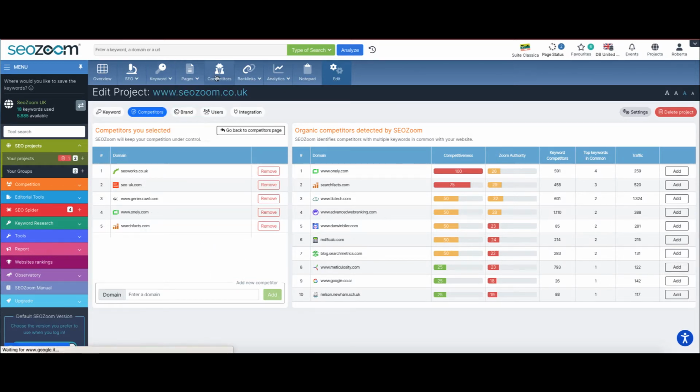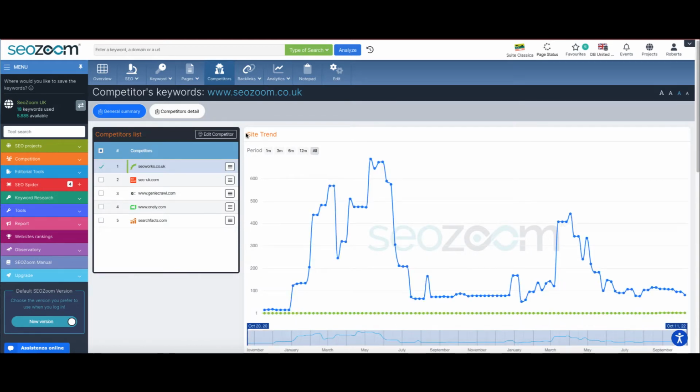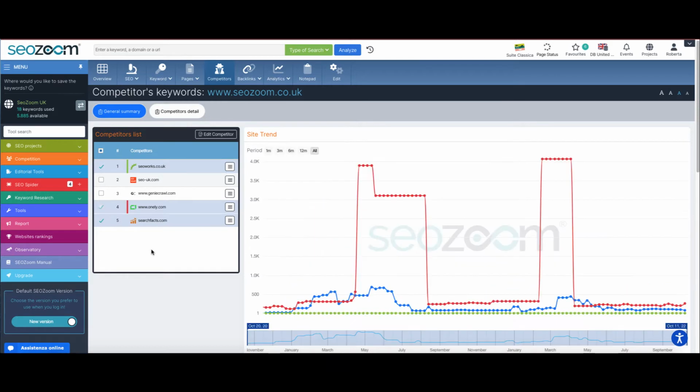The Competitors section helps us to get an overview of how our site is doing compared to the competitors we are monitoring. Here we have the list of competitors, and in the site chart, we can see the estimated monthly traffic trend of our competitor compared to that of our website, and by checking the small boxes on the left of each domain, also add more, so that we can immediately have, at a glance, a comparison among all the